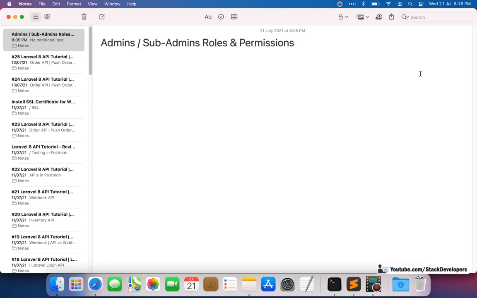So finally we are going to start working on admins, subadmins, roles and permissions that is due for a long time, and a lot of my friends asked me to work on it as soon as possible. So finally we are here, we are going to start working on it. First of all I will tell you briefly about what we are going to do in